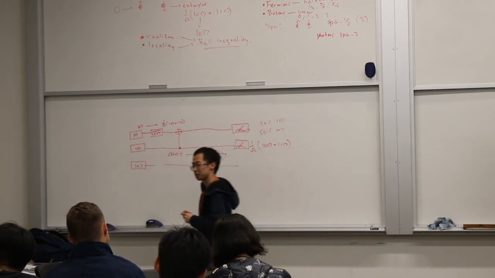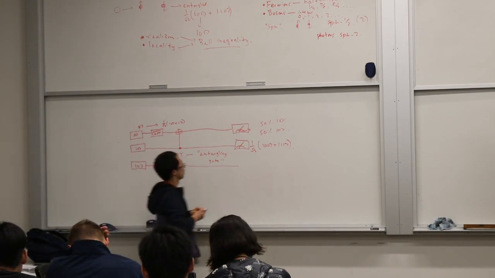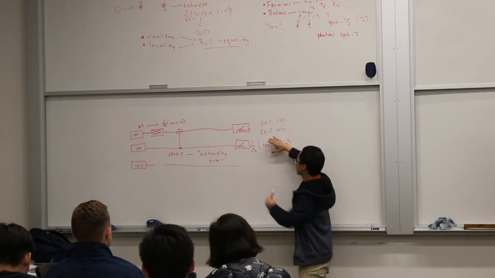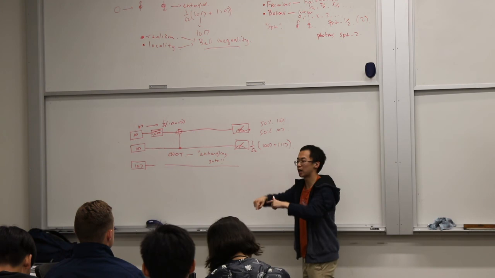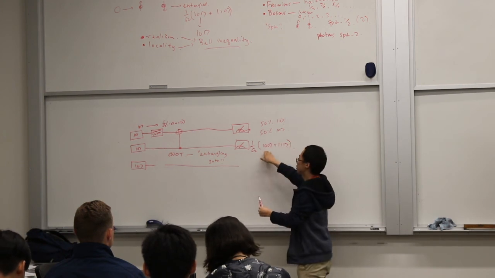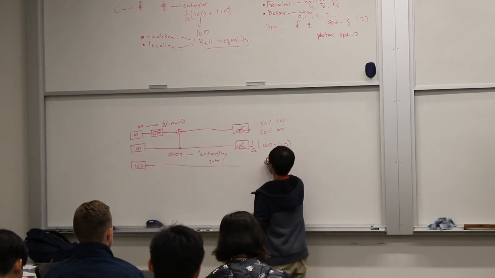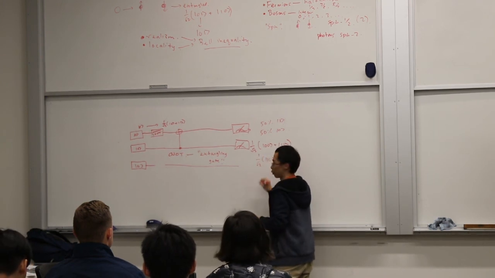Yes? What do you mean by the 0 0 and the 1 1? Sorry, so 0 0 means the only possible state of this, if I only had 0 0, would mean the state of my system is both are 0. If I have 1 1, that means both of them are up. But in quantum mechanics, you can be in any superposition of any two different kinds of states. For example, you could come up with a state like 1 0 plus 0 1, in which case they're always going to be opposite. Or you could come up with something like